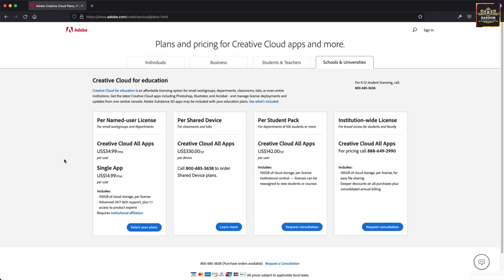The per shared device, that's $330 a year. That's not a bad deal either. Per student pack for departments of 100 students or more, you're looking at $142 per user. So you're getting a great discount with that because you have over 100 students. So the price is going to be pretty steep, but it's going to be worth it, I think, in the